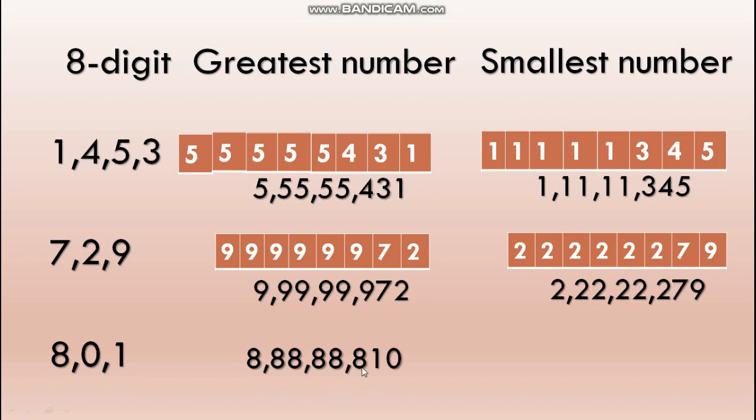Now for the rest of the 5 digits you will write the greatest digit. So here the greatest digit is 8. 5 times 8 we will write. So the greatest number formed will be 8 crore 88 lakh